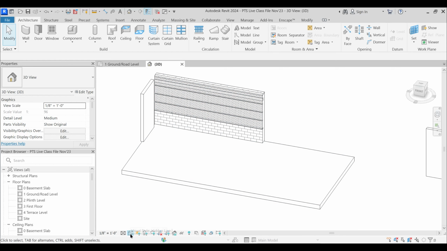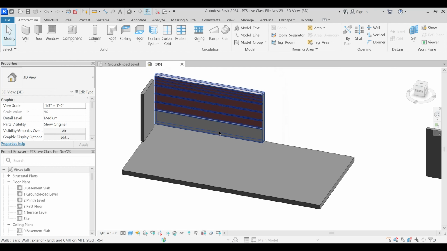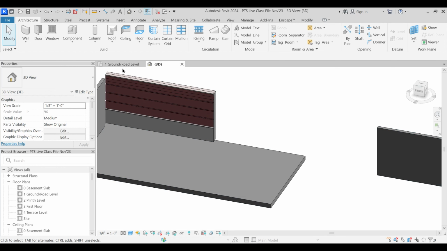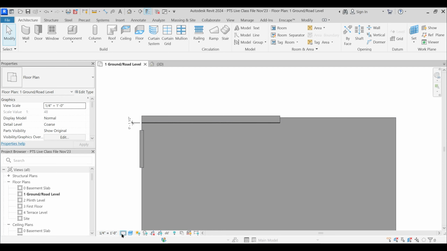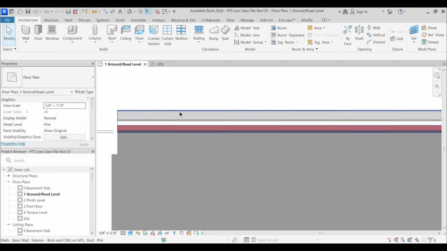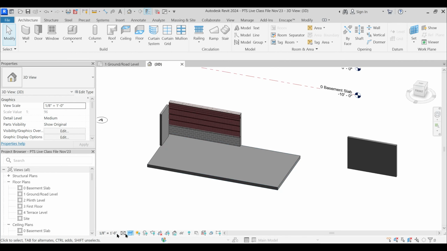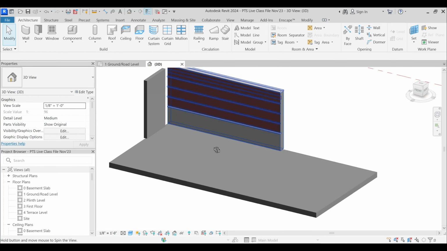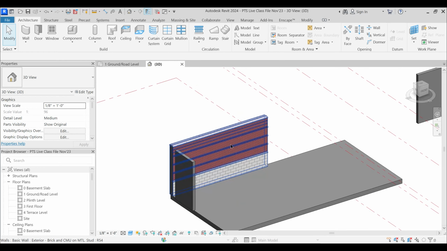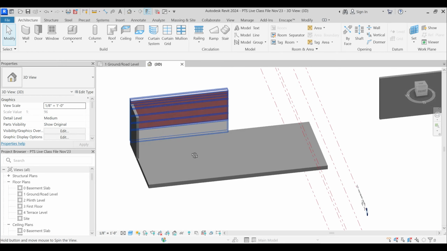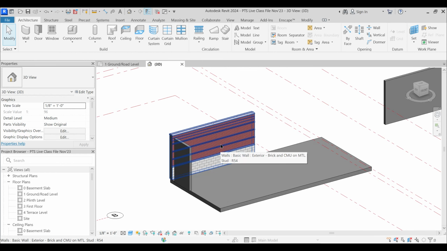Okay. From here, you can change the visual styles. I'll turn it to shaded. Then just like in plan, I did not mention that if you set this to shaded and set this visual style to fine, then this visual appearance will change. Both of these are view specific, so it pertains to all the views. Okay, so why is this wall appearing like this, that we will have to understand. Okay,